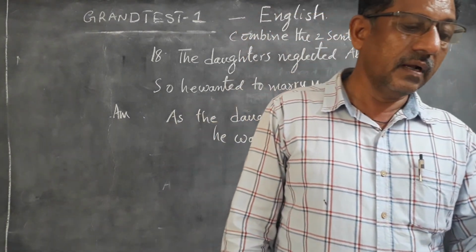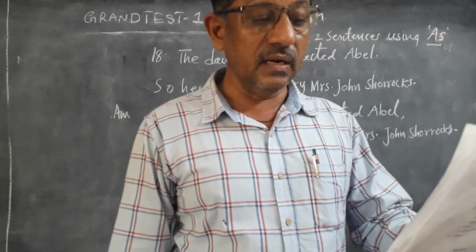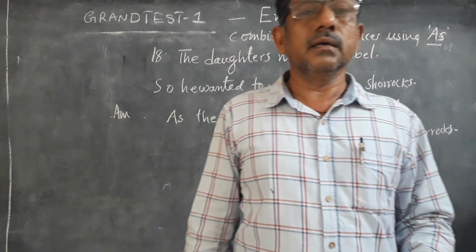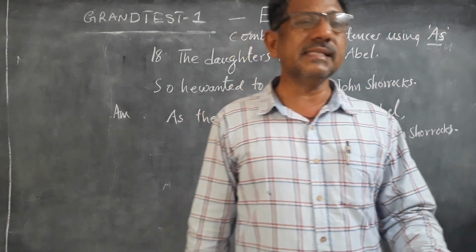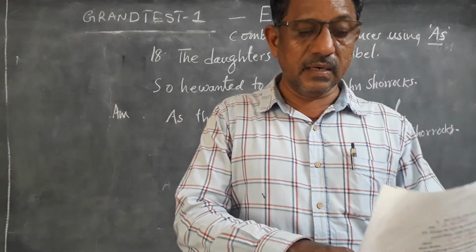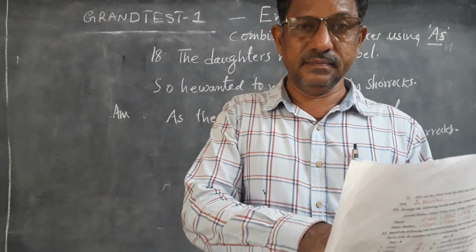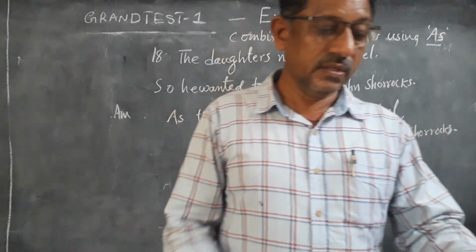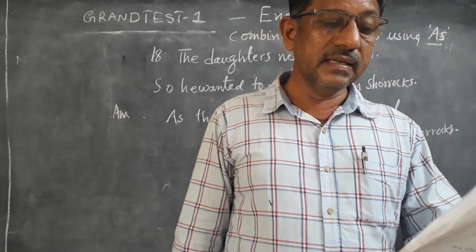Next, second: I quickly sat down on a rock. On a rock is a prepositional phrase. So we have to use the WH question word where. So, where did I quickly sit? First, read the underlined part, on a rock. Then read the part which was not underlined. Then frame the correct WH question. So the question is, where did he sit down quickly?